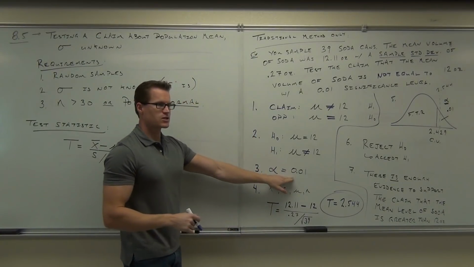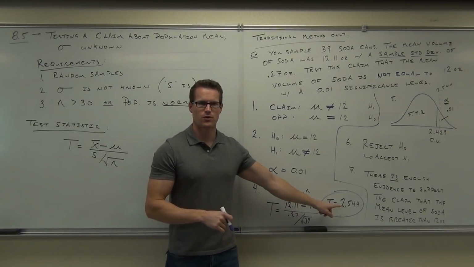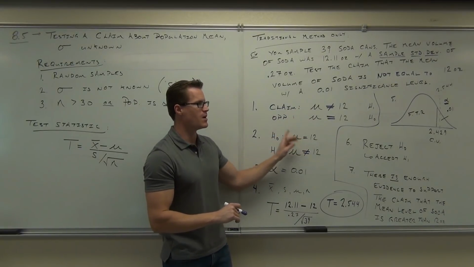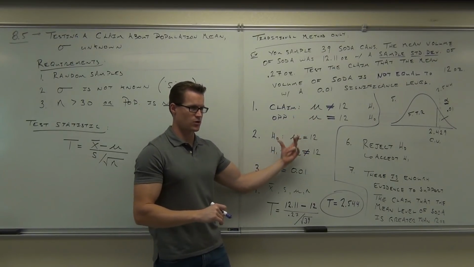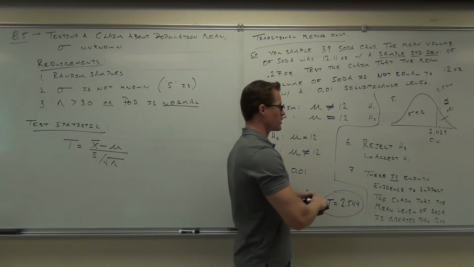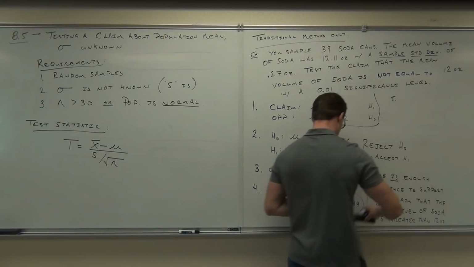Okay, is our significance level still 0.01? Yes. Is our test statistic still 2.544? Yes. None of that changes. The only thing that really changes here is our claim and opposite, so our null and alternative, but that's going to change our picture dramatically. So when we take a look at our picture again, in step number 5,